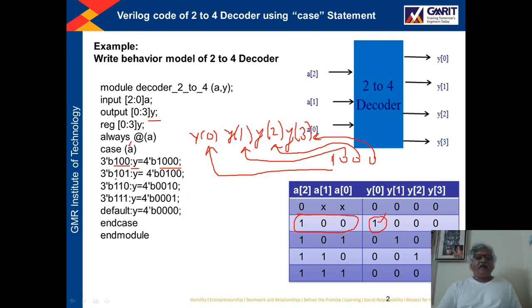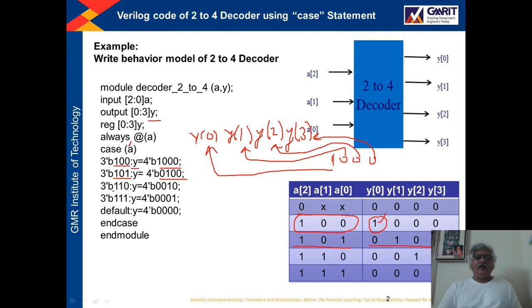Now see the next condition. If the value of expression A is 101, we are talking about this condition 101. Then the output will be 0100.